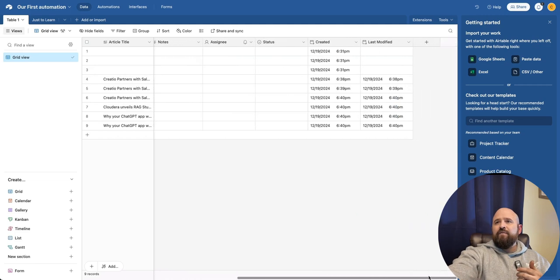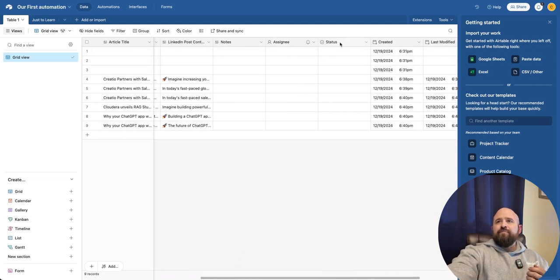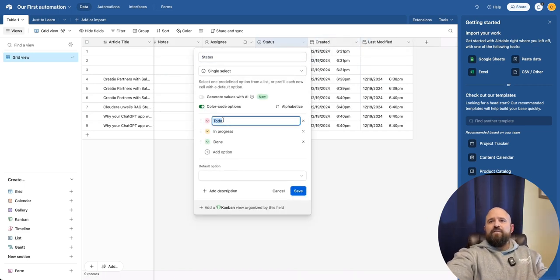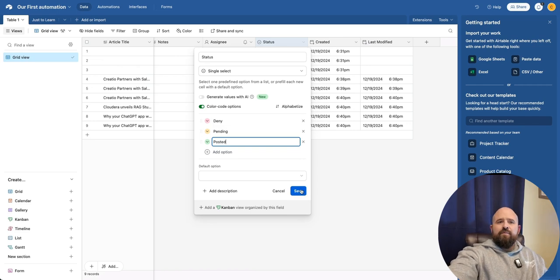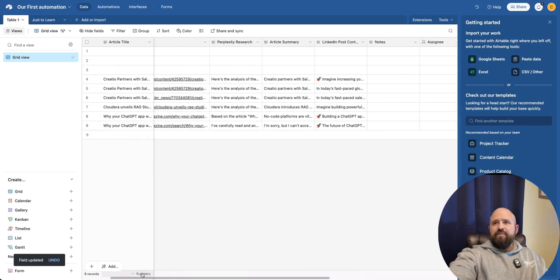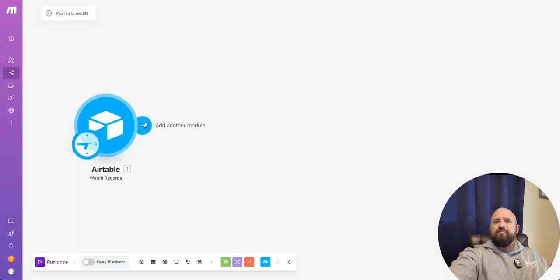Now, what we can do is say, let's look at this status over here. So status is blank. So we're going to change these to deny, pending, complete. Let's just do posted. So we have different statuses, and right now they're blank. So what we can say in the scenario is,